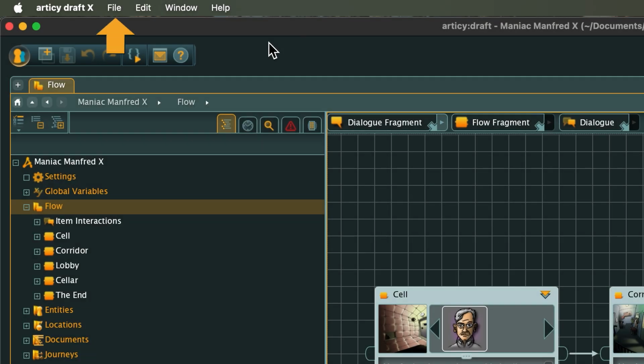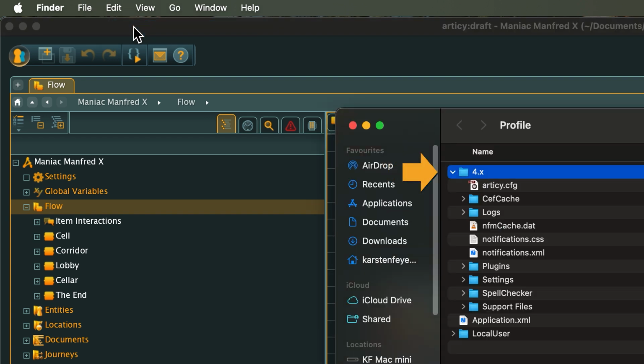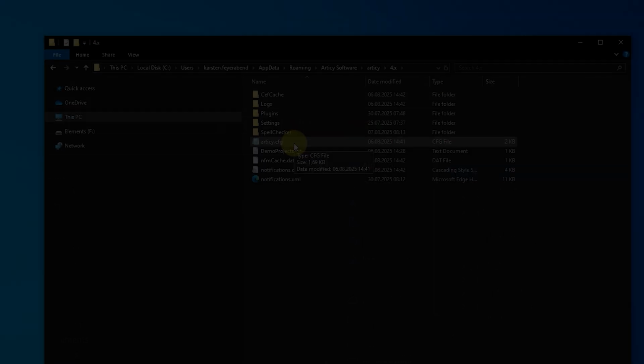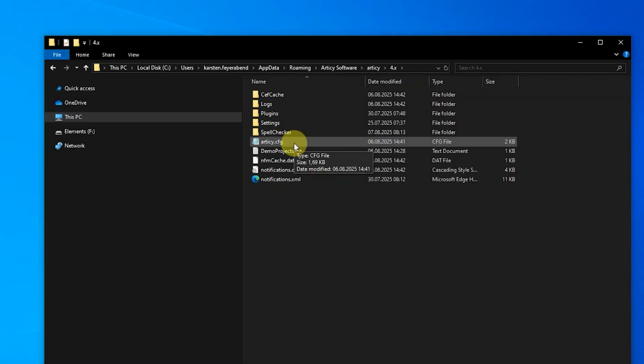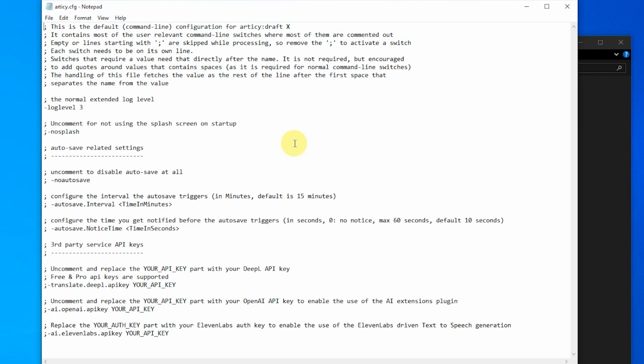But you can also use the File menu within Articy and select Open Profile Folder in Finder to jump to the profile location immediately. If 4.2 or newer at some point is your first installation of Articy Draft X, look for the entry !ai.elevenlabs.apikey, your API key. Replace the Your API key part with your ElevenLabs API key and remove the leading semicolon